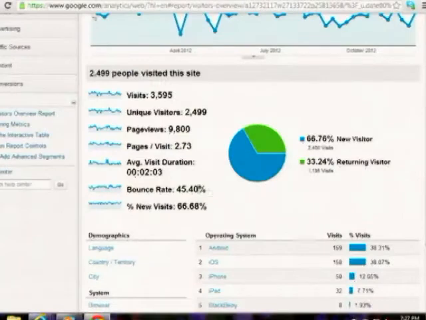But again, those are all metrics to take into account, especially when you're doing new campaigns, putting new information up, or doing a website redesign. Those kinds of significant changes you can look at and say, we reorganized this section and our pages per visit went down. That's probably a good thing because people found what they were looking for sooner. So bounce rate is the percentage of people who visited one and only one page on